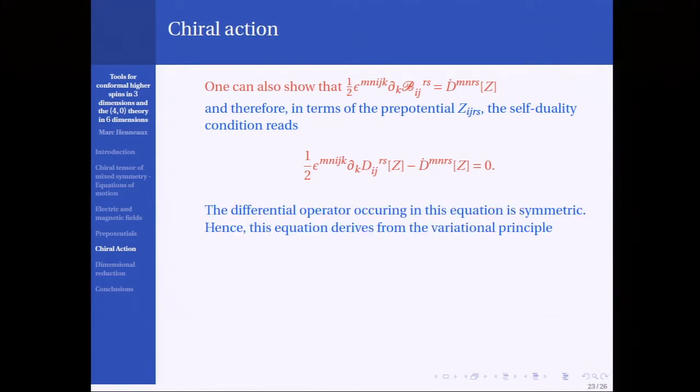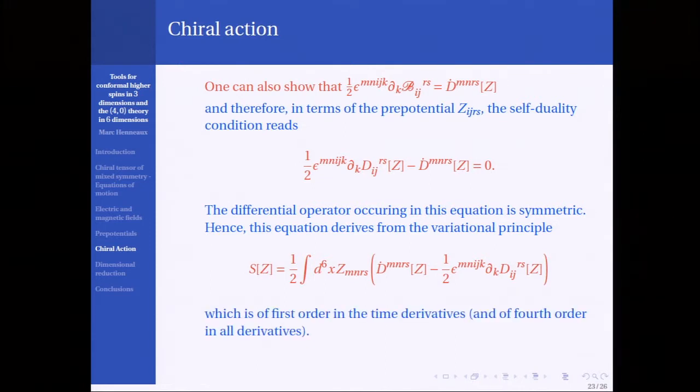Now, what we have gained is that this involves only Z. The differential operators which appear in that equation can be verified to be symmetric, and so the variational principle is just that equation multiplied by the prepotential 1/2. It's because it's symmetric. If you vary that action with respect to Z, you will get these equations. Now this action is really the same, except that we have the prepotential as the one for chiral 2-forms.